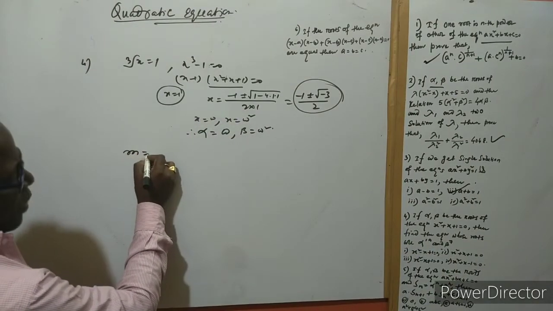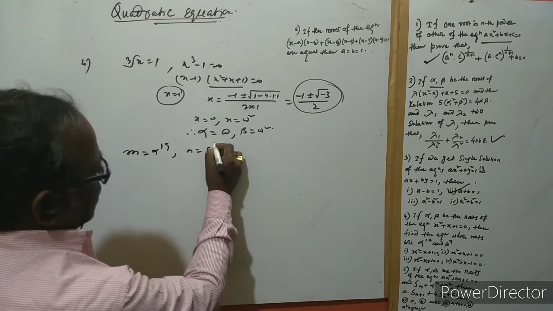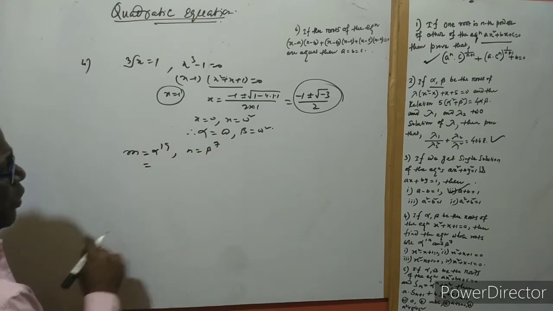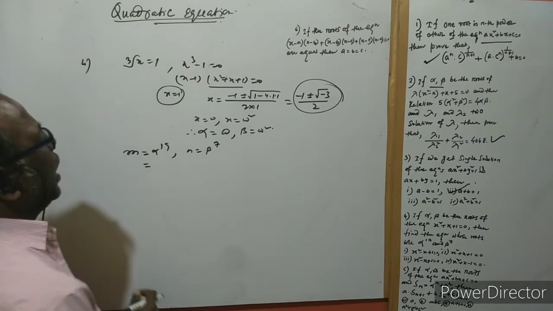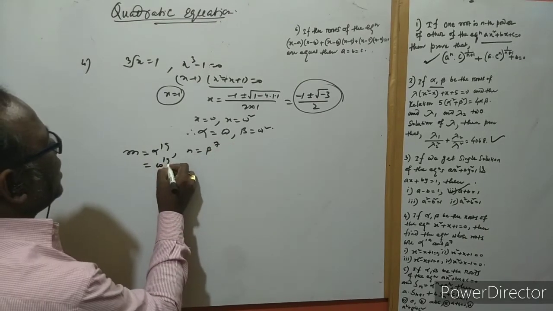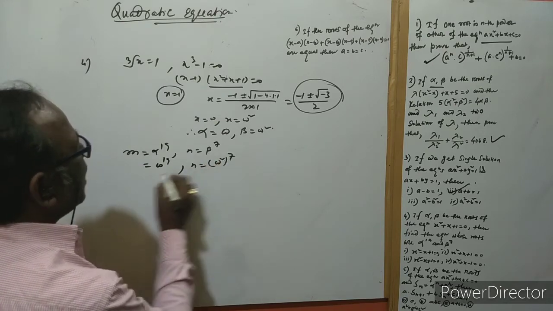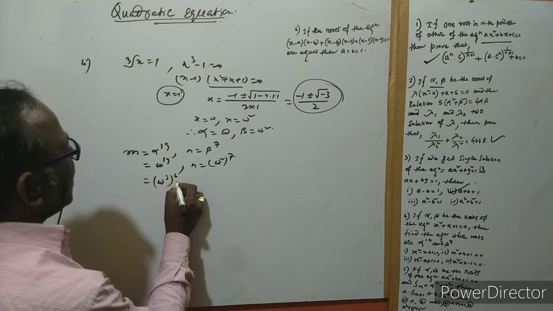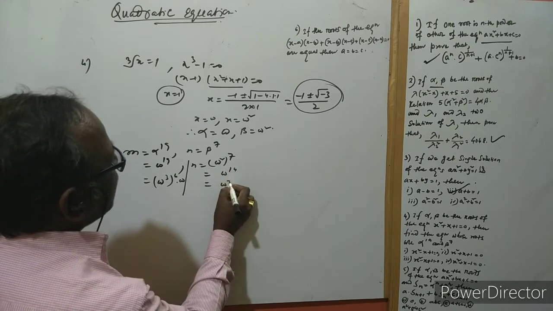Now let us assume m equal to alpha to the power 19 and n equal to beta to the power 7. We put the value of alpha, and we have taken omega. You can take alpha as omega square and beta as omega also. So now this is omega to the power 19, and n is omega square to the power 7. It is omega cube whole to the power 6 times omega, and this is omega to the power 14, which can be written as omega cube whole to the power